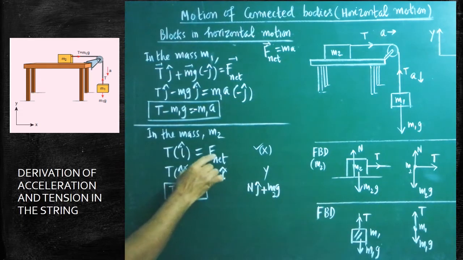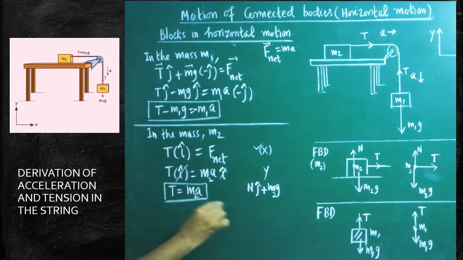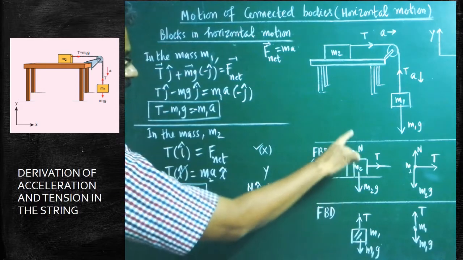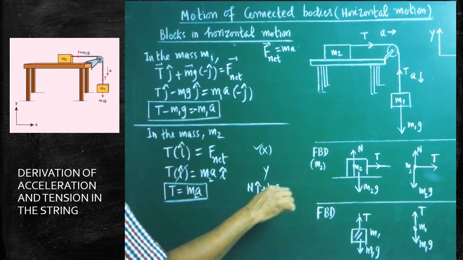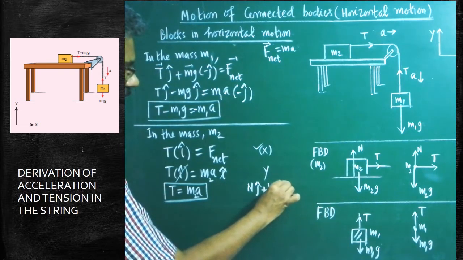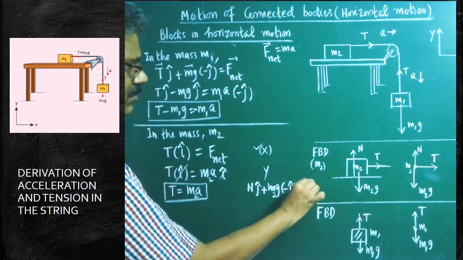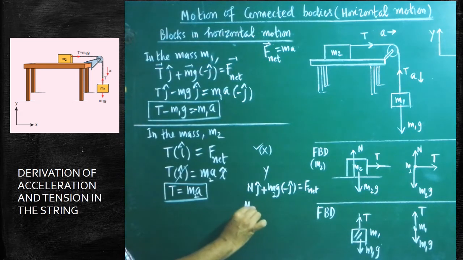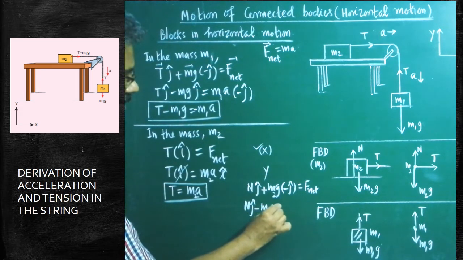Are you clear? Here also m2 has to come. We are concentrating on m2, no? Therefore m2g. The normal force N j is acting along positive y, and m2g is acting along the negative y direction. Therefore minus j cap must be written. This one is equal to F net. Are you clear? Again I will write N j cap minus m2g j cap, which is equal to, now you